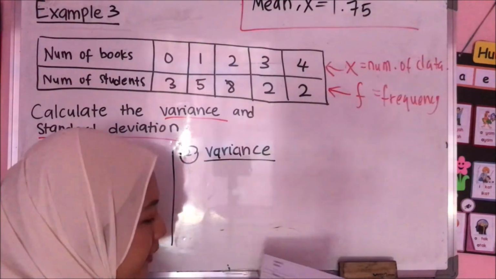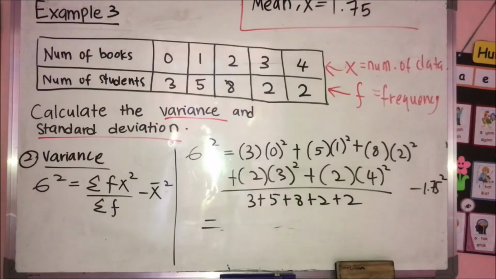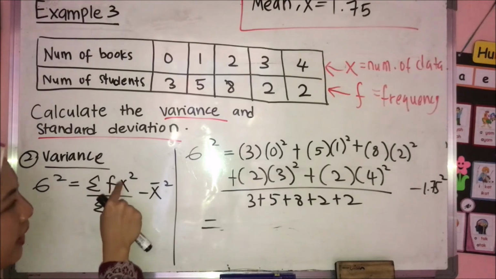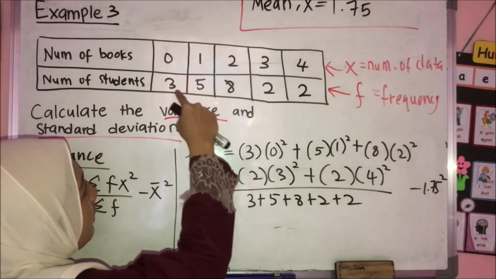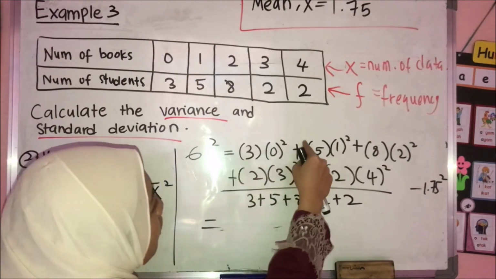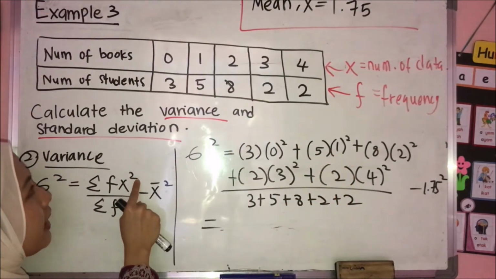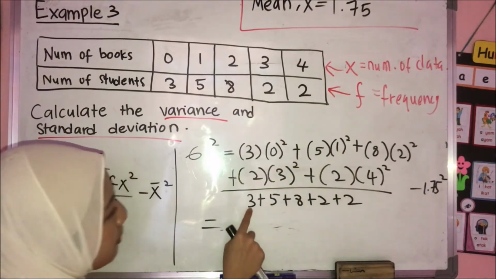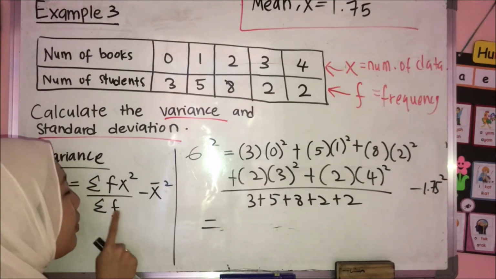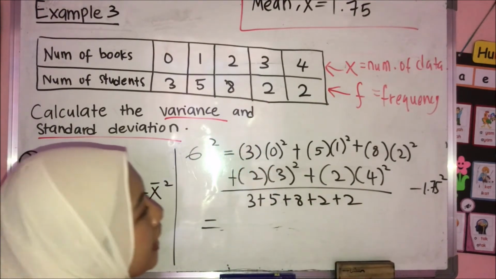What is the formula of variance for an ungrouped data frequency table? So this is the formula of variance. Sigma squared is equal to the sum of fx squared. This one is f, right? 3 and then 0, where 0 is the data x. 0 squared plus 5 frequency, and then 1 is x squared. We divide by the sum of f. Okay, sum of f: 3 plus 5 plus 8 plus 2 plus 2. And then don't forget to